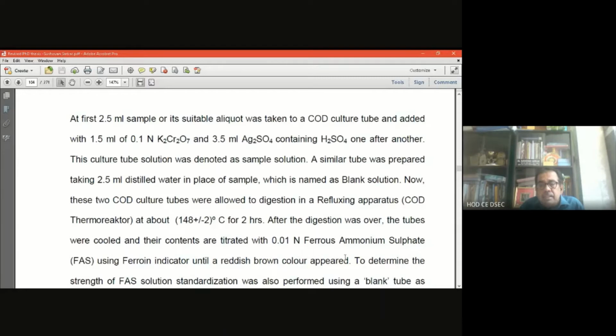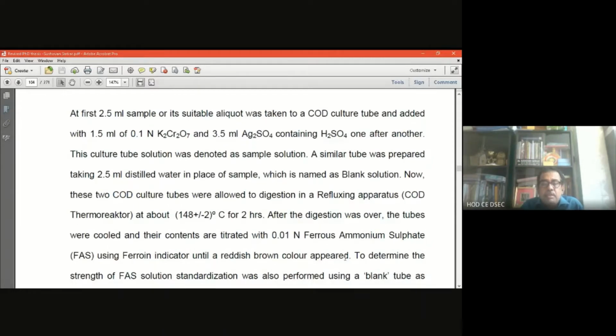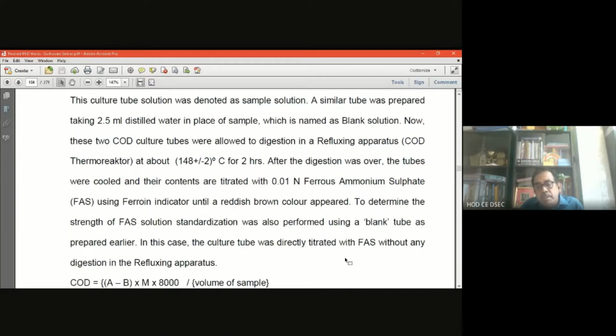After 2 hours of digestion, that means you have to allow 2 hours for the oxidation of the organic or inorganic matter present in the wastewater. After the digestion was over, the tubes were cooled. You can place them in the desiccator at room temperature and allow them to cool. And after cooling, you have to titrate the solution with 0.01 normal ferrous ammonium sulfate,